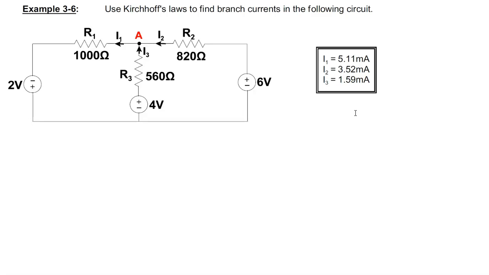And you notice that the solution is given there already, but it's our job now to write equations to come up with that. Okay, so generally what we want to do is, for each loop, start in a bottom right-hand or left-hand corner and go around the loop in the direction of assumed current and write a KVL equation. If we start here and go around in the direction of assumed current, we'll call this loop 1,